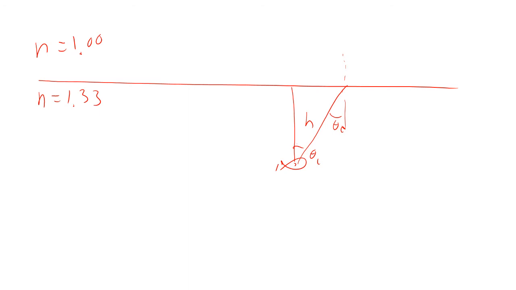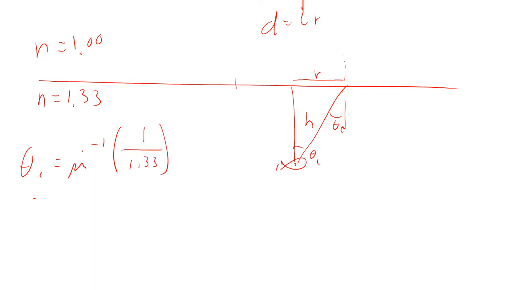If we can find the critical angle, then we can find r, and then we know that d is going to be 2r. The critical angle is going to be the inverse sine of 1 over 1.33. So the critical angle turns out to be